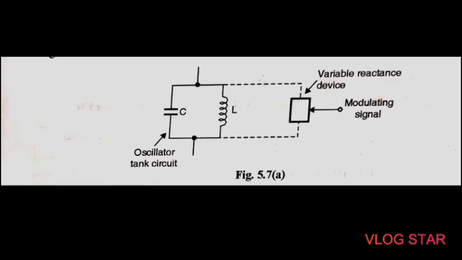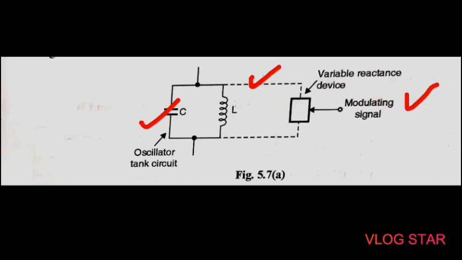Okay, so let us see the first point, that is the direct method for FM generation. Here, if L or C of a tuned circuit of an oscillator is changed with the amplitude of the modulating signal, then FM can be obtained across the tuned circuit as shown in this figure. This is the tuned circuit, and the L and C are the components of this tank circuit, that is inductor and capacitor. We have to change the L or C of this oscillator in accordance with the amplitude of the modulating signal, then the FM can be obtained across this tuned circuit.